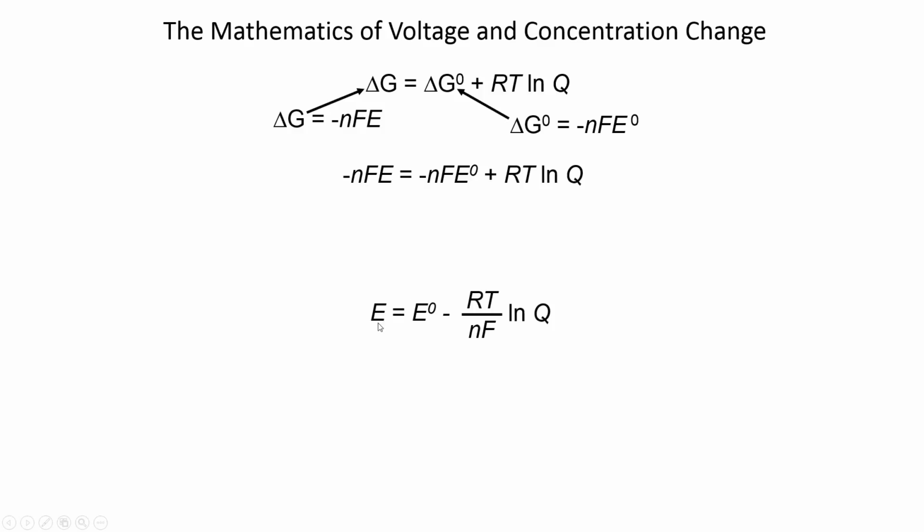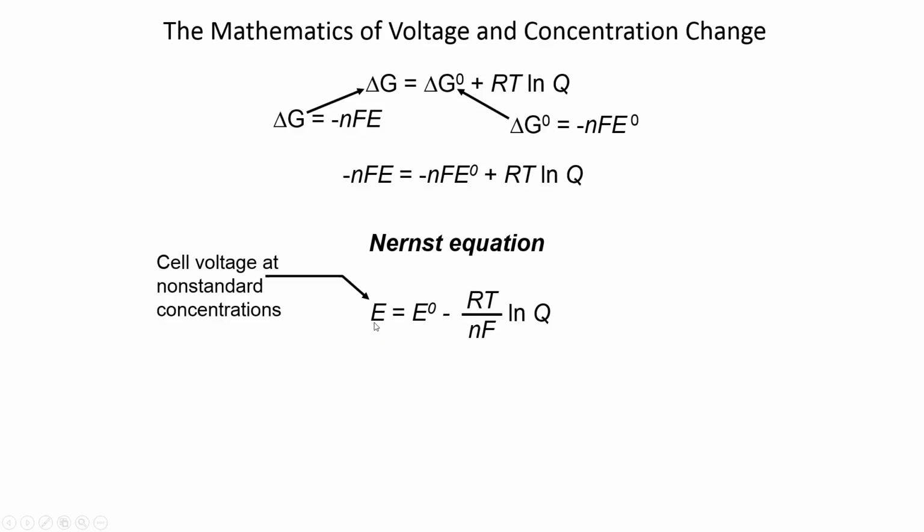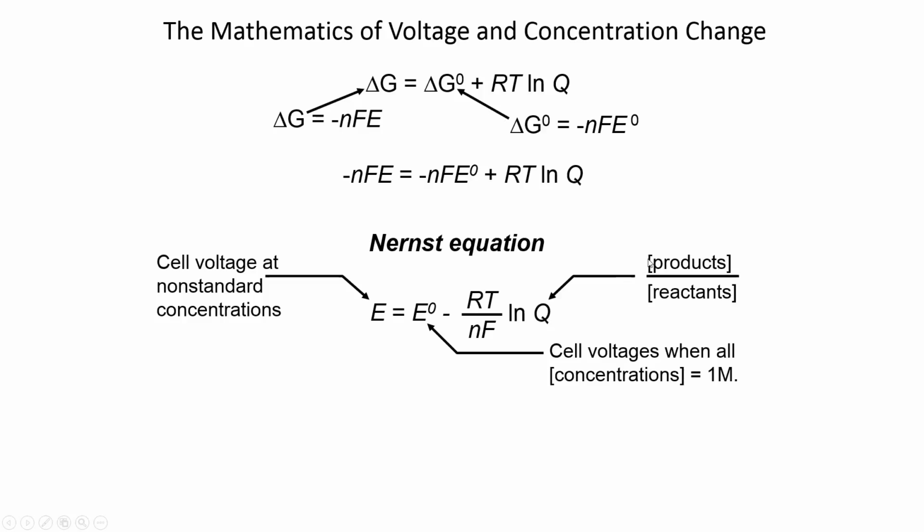Doing that gives us an equation that relates the cell potential under non-standard conditions to the cell potential under standard conditions. This equation is referred to as the Nernst equation, and on the left-hand side we have the cell voltage when ions are not at 1 molar. It is very similar to the cell voltage when all ions are at 1 molar. And we just plug in what the actual ion concentrations are in the reaction quotient, concentration of products over concentration